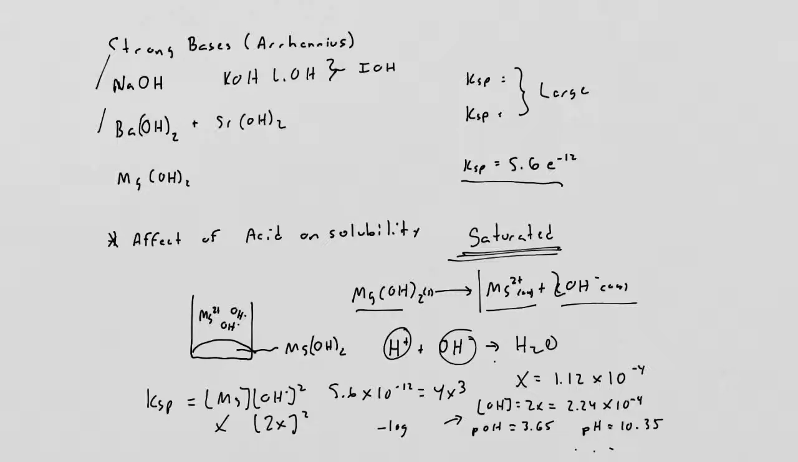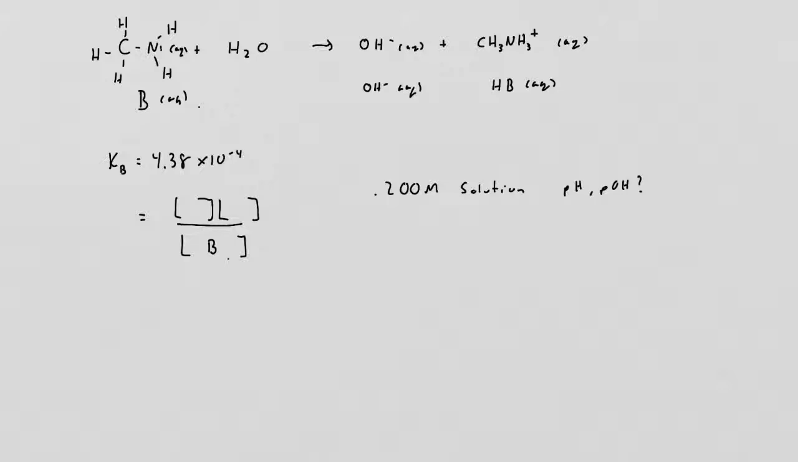Let me go to the next thing, a weak base. Now, most of the weak bases that you're going to deal with are nitrogenous bases. At this point, we're switching from Arrhenius, which is the earliest definition of a base, where a base is anything that makes a solution in which the only negative ion is hydroxide. All right, Bronsted-Lowry